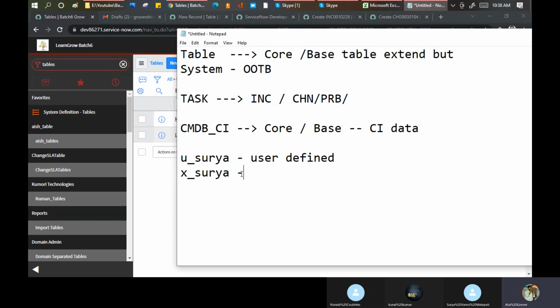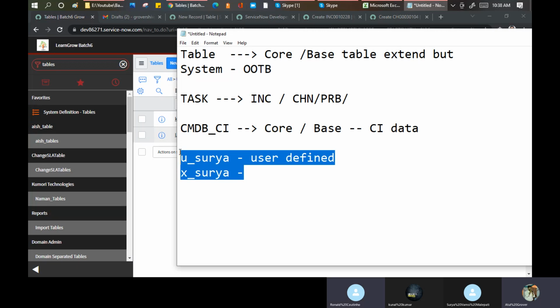See, both are user defined. Both are custom tables. Any table which you are creating in ServiceNow is a custom table. Number one point should be clear in everyone's mind now: if I create a table in ServiceNow, either I'm extending or not, but I'm creating it, it is a custom table.